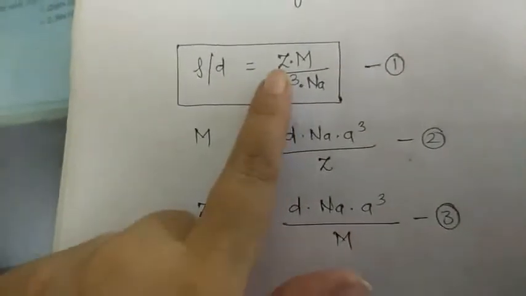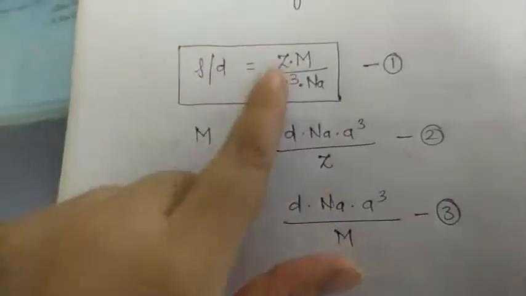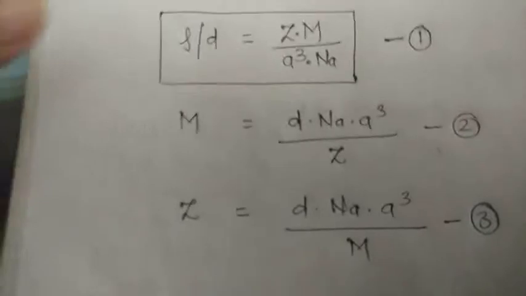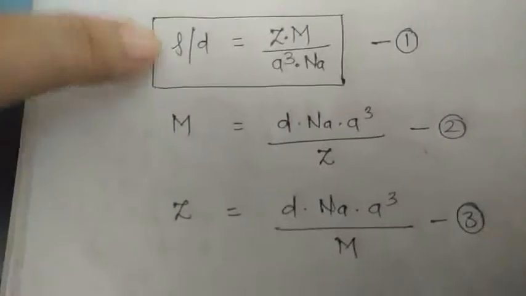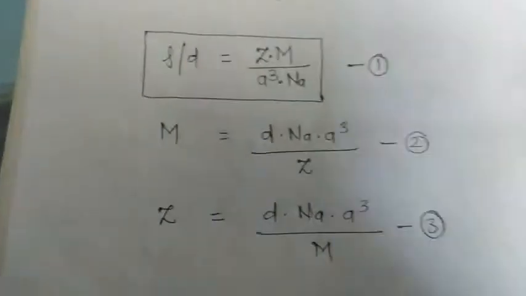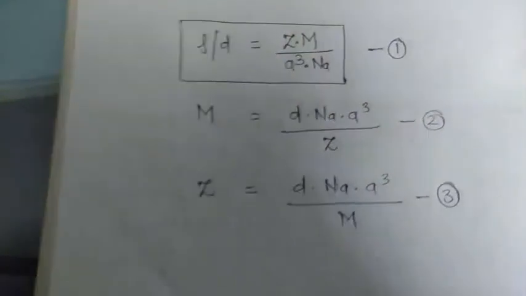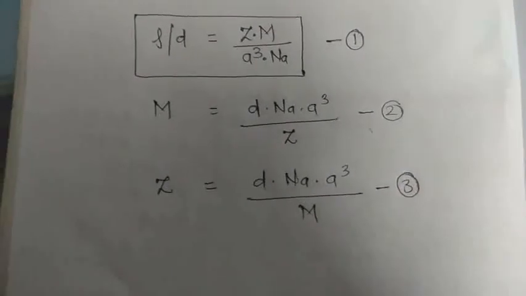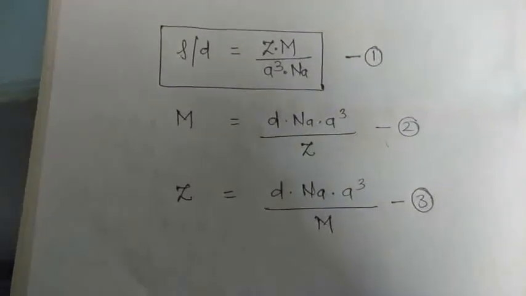Similarly, if somebody tells you to take out the value of Z, these things will be cross multiplied, will go upside, and M will come in denominator. So usually in the questions, you will be asked to calculate either density or M or Z. So you learn only this formula, and from this entire video, only one thing is to be remembered, and that is this. For more knowledge, if you want to keep in your mind the entire derivation, you can mug up. But nobody will ask you about the derivation, only the formula is required, and that will be used in the numericals.